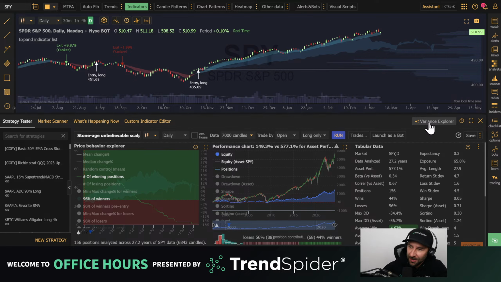So in this example, it works. It doesn't beat buy and hold by any means. It does okay. There's no-go highlighting, if you guys are, hopefully, a little bit familiar with the strategy tester. So it's a relatively safe strategy to run, even though it doesn't really outperform the asset